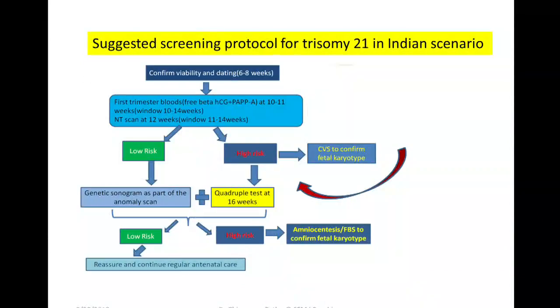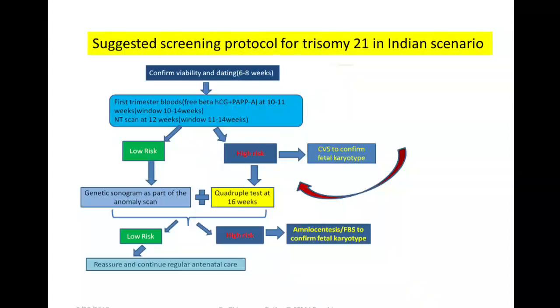So this is the suggested screening protocol for trisomy 21 in the Indian scenario, where we confirm viability and dating at 6 to 8 weeks, do the first trimester bloods at 10 to 11 weeks, and an NT scan at 12 weeks, which is ideal if you do the biochemistry early and the NT scan around 12 weeks. And the ones who are low risk go into the routine anomaly scan, where the genetic sonogram is a part